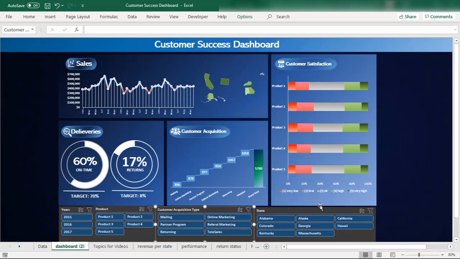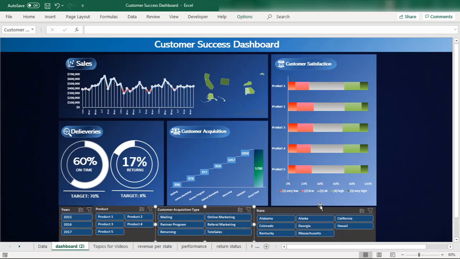clicking on the slicer. The slicer here can be considered as buttons. And you can have a really good view of all your performance in the 3 years or any type of data that you have. So how you can create such type of visualizations, and how you can give life to your numbers in such a way, and it gives you an impressive overall scenario of what is happening and where it is happening,